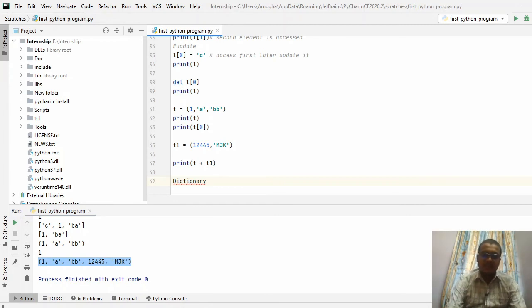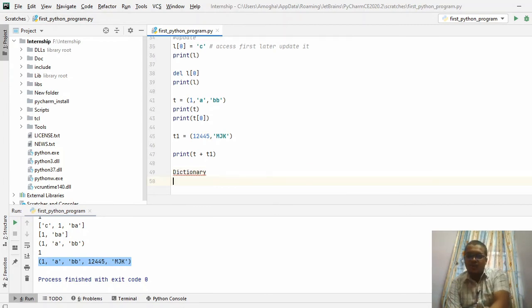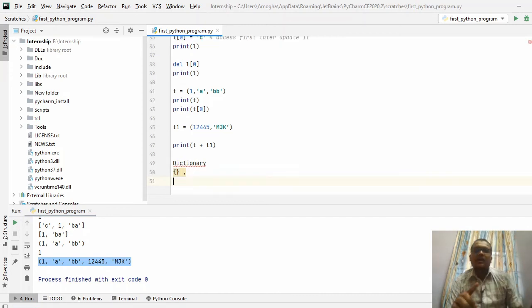For creating a dictionary, you need to make use of flower brackets, and for separating you need to make use of commas. For a list you use big brackets, for a tuple you use small brackets, and for a dictionary you use flower brackets. For separation, the comma is common for all three data types.